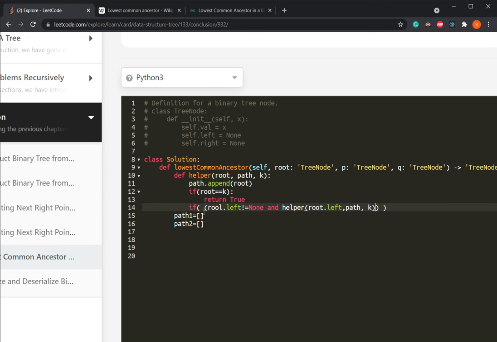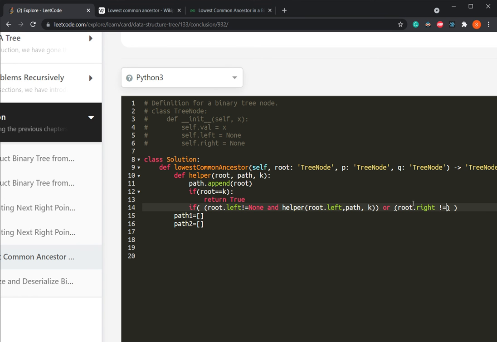And we can find the target key in the left subtree, or what can happen is we can find it in the right subtree. So for that we will write root, there is a typo here, it should be root dot right